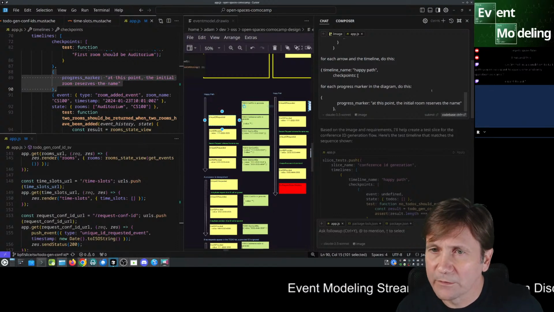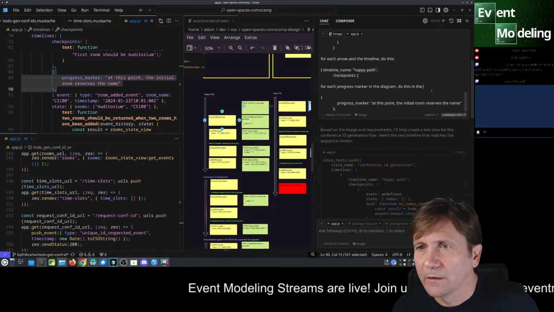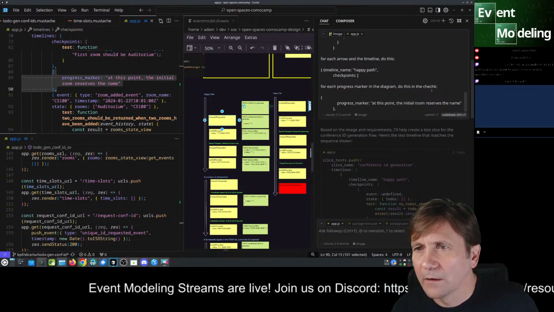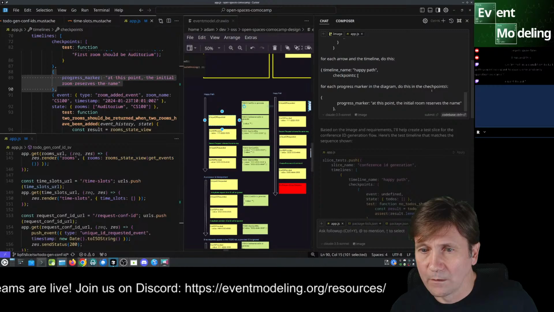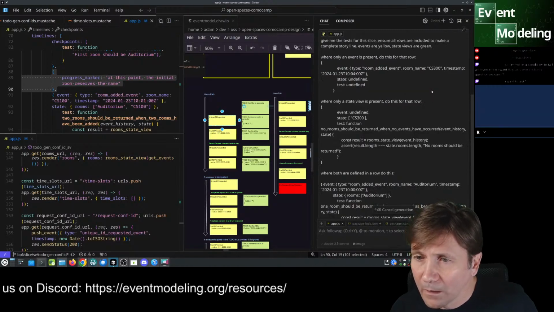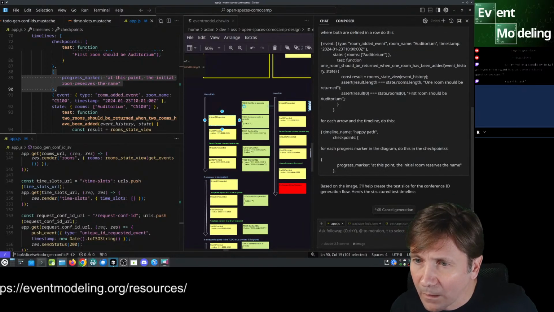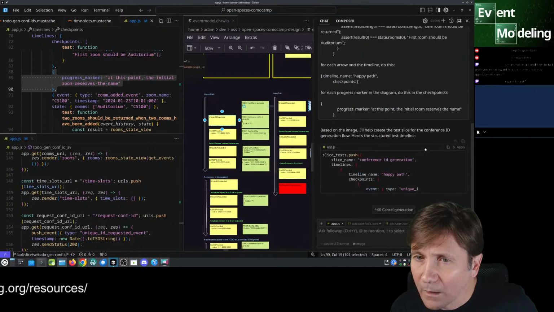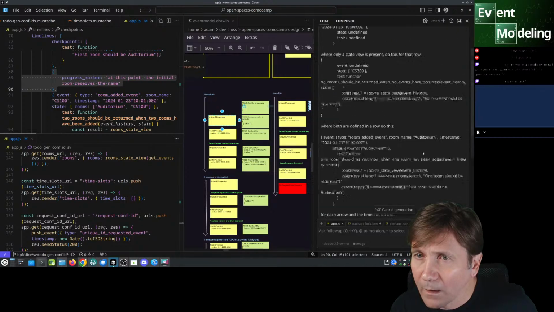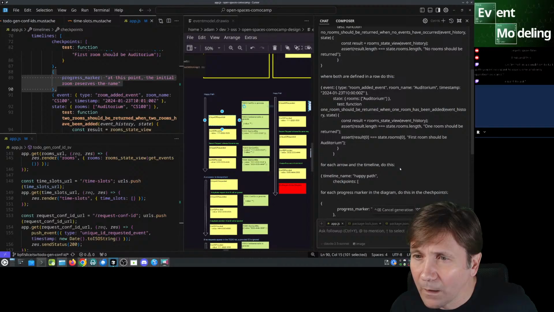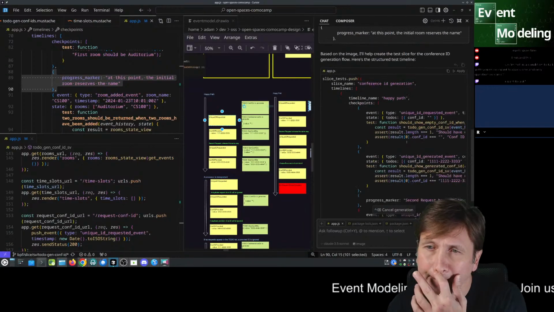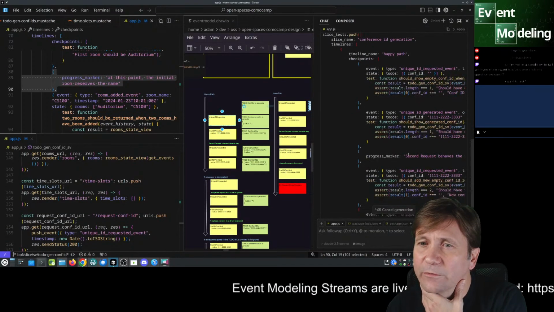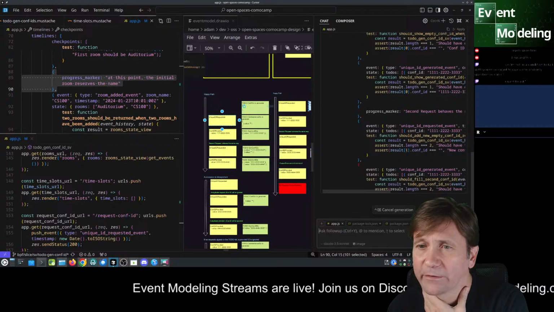And the checkpoints. Okay, 1, 2, 3. Oh, it got the marker in there.